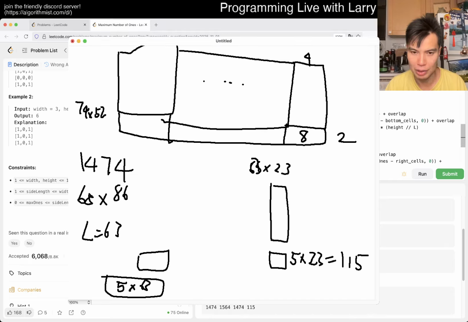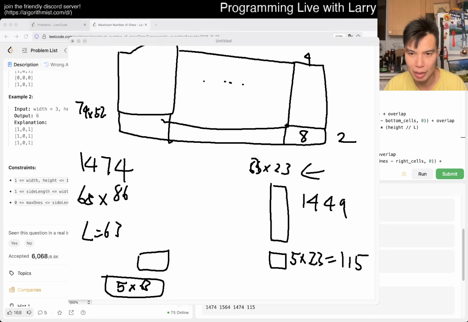Bottom cells is 1449. Alright, I'm going to put it in a calculator. I think 63 times 23 is 1449, so I definitely do here. I think I just wrote it wrong, to be honest, so it's fine. Okay, so you have 1449. So you use all of it, right? So overlap is 115, we have 1474. So that means that